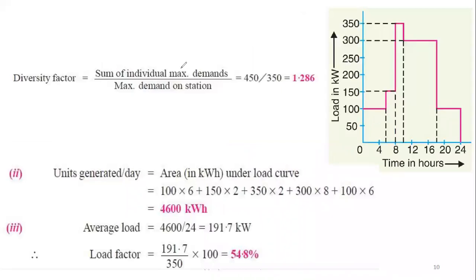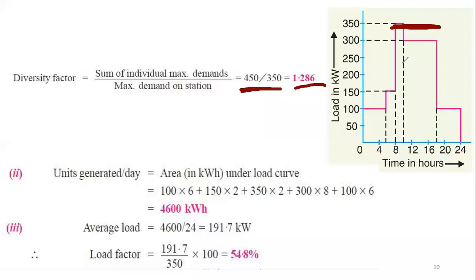The first thing is the diversity factor. We already said that 450 divided by 350 will be 1.286. The 450 is the sum of everyone's individual demand, and the maximum demand of the power station we just found from the load curve, that is 350. Okay,